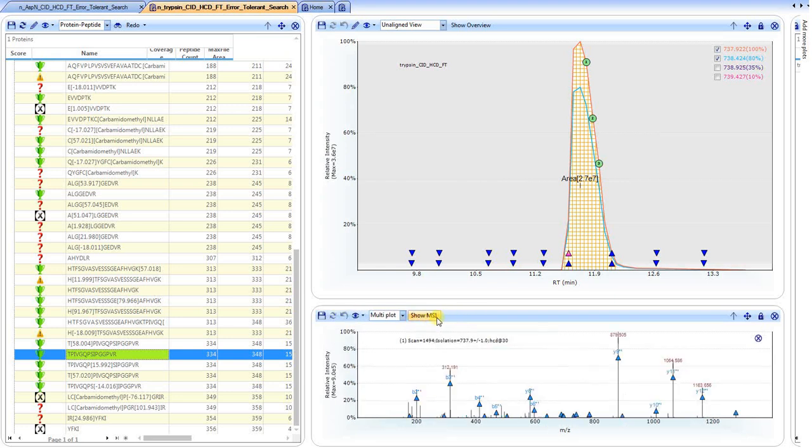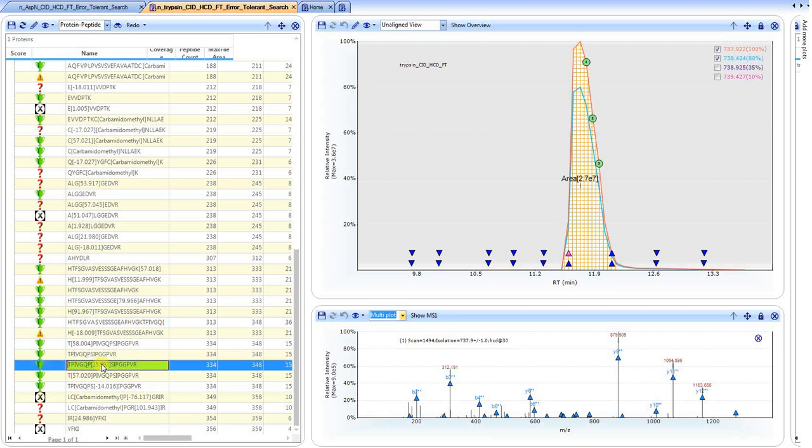If we go back to the MS2, again, this is the MS2 for the unmodified form of the peptide. The search results also show us that there's a putative modified form of this peptide, which appears to be an oxidation at the proline. One of the things that we can do is, of course, compare against the unmodified form to see if there is a modification and if the predicted site is correct. In order to do this, we will keep this at a multiplot, which shows me the product ion spectrum for the unmodified form, and we click on the modified form,